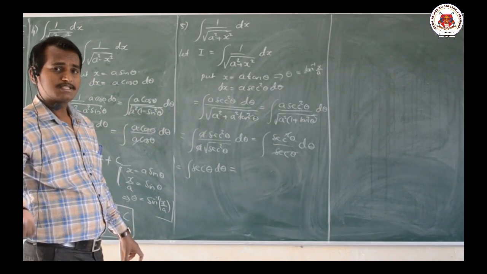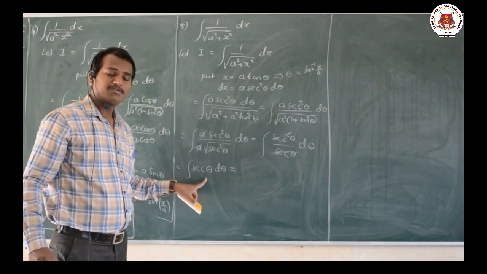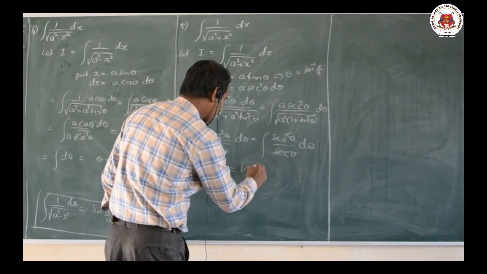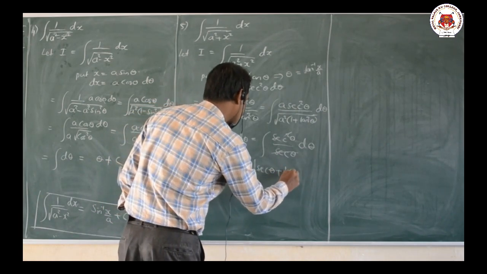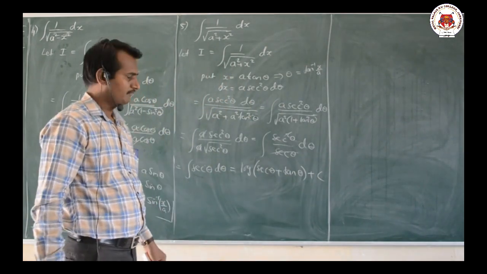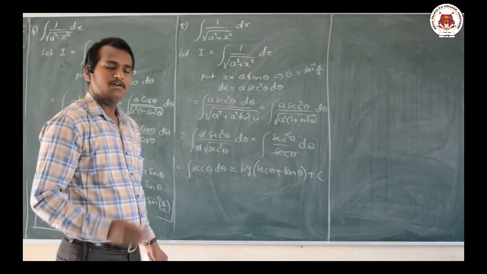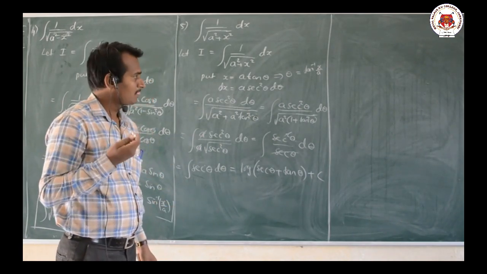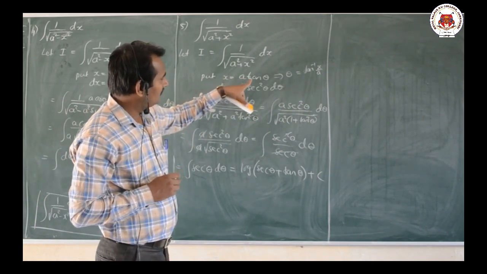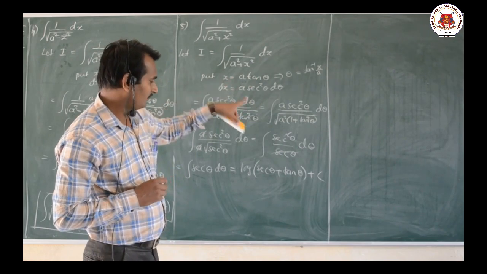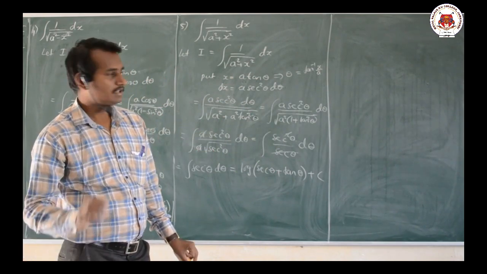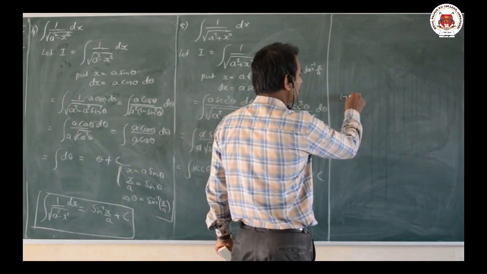Now in the previous session we had seen the formulas for integration of tan, cot, secant, cosecant. Now what is the formula for secant? That is log of secant theta plus tan theta, plus an integral constant c. Either take mod here. Now all the theta I have to take into x here. We have x equal to a tan theta, that means tan theta is x by a, but we don't know the value of secant theta. What we have to do, one formula is there, 1 plus tan square theta.